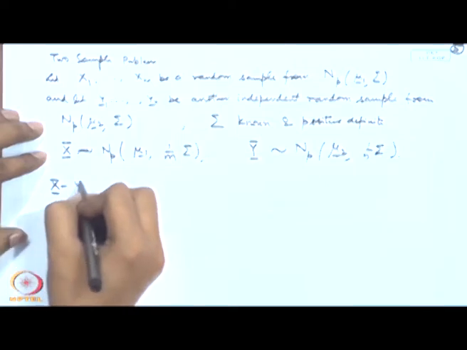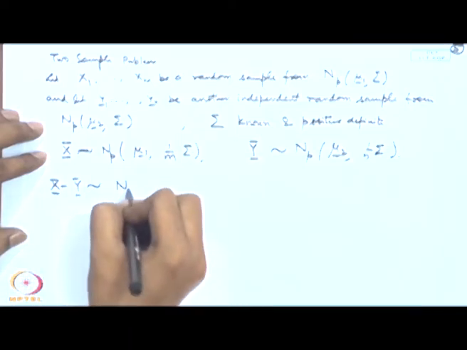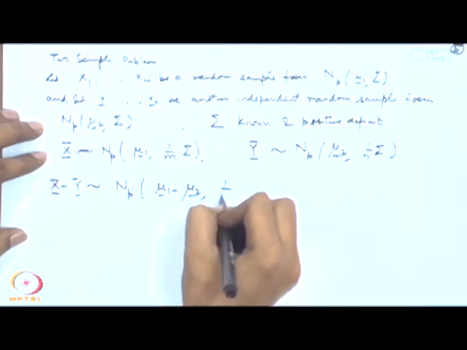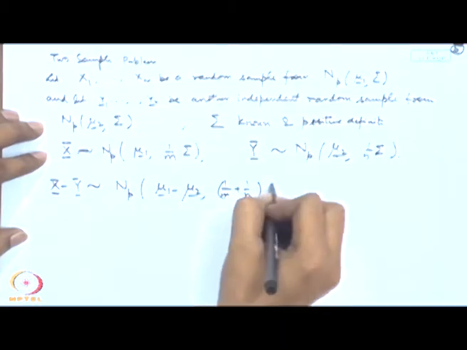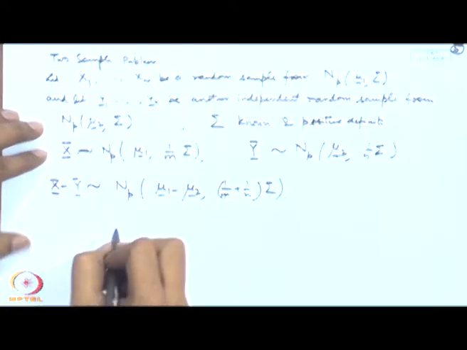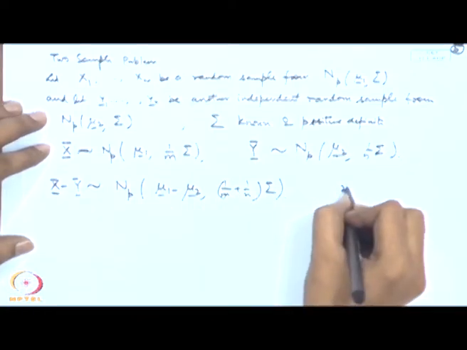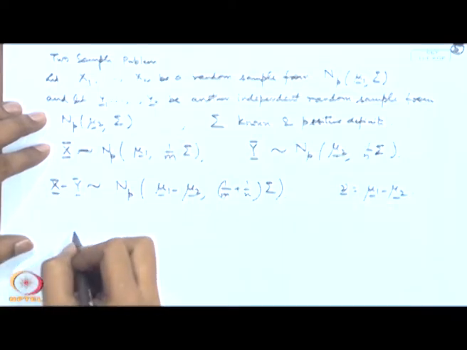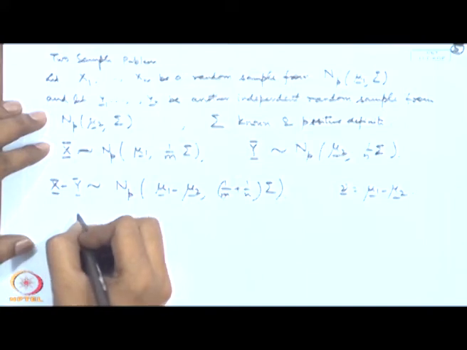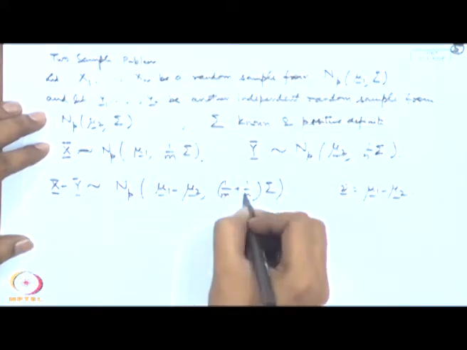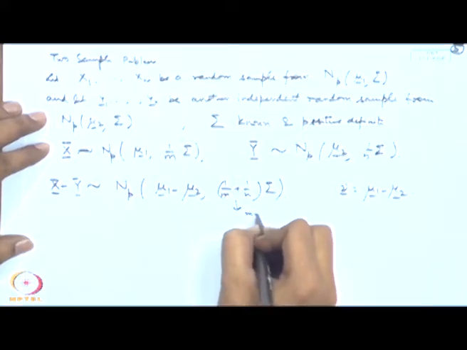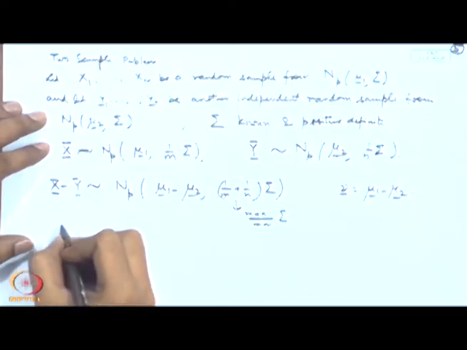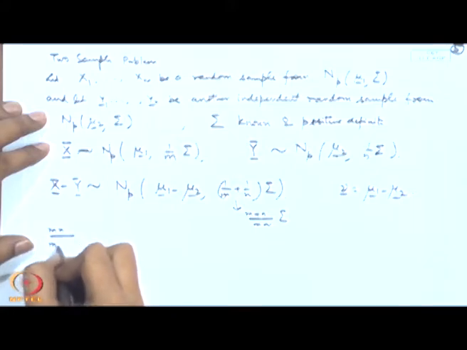X bar minus y bar will be N p(mu 1 minus mu 2, (1 by m plus 1 by n) sigma). So, we can call this nu, that is equal to mu 1 minus mu 2. So, this is becoming m plus n by m n. So, we can write then m n by m plus n